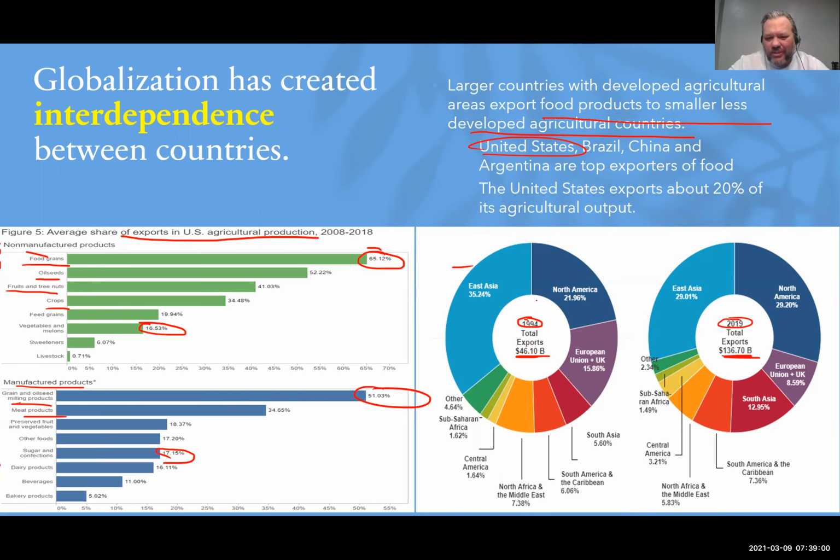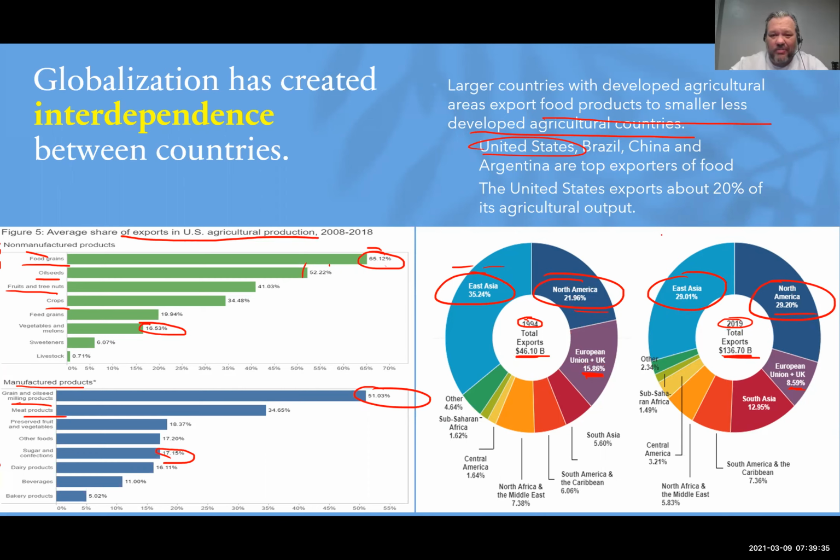And so these percentages, if you look at some place like the EU, 15% of our exports went to the EU, and now it's only 8.5. But the dollar value is still going to be higher over here. Probably, I haven't done the math, but the percentages have changed. So let's take a look real quick. East Asia, if we look at percentages, has dropped from 35 down to 29. However, North America, so that'd be the U.S. and Canada, went from 22 to 29, and so that's a pretty big increase in percentages